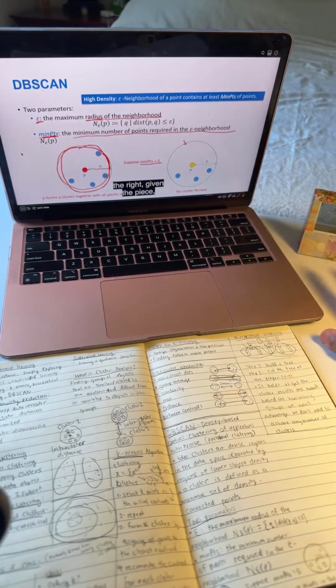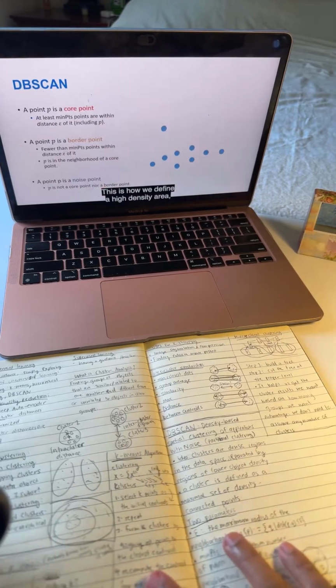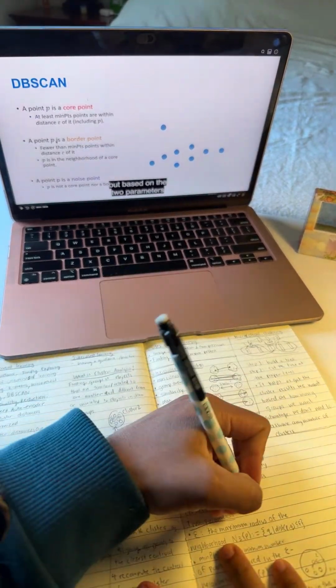But now if you see the right, so given the point P, this neighborhood, based on this specified radius, in it we only have 4 points, which is less than the minimum number of data points required to form a cluster. So this is not a cluster. This is why we need those two parameters. One is neighborhood radius, another one is the minimum number of points needed in the neighborhood to form a cluster. So this is how we define a high density area. But based on that,